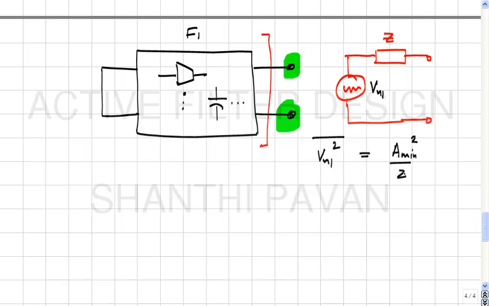Clear? Okay. Now, since F2 is a copy and paste version of F1, it follows that the A min of F2 will obviously be the same as the A min of F1. Now we are interested in what will happen when I parallel F1 and F2. So if I copy and paste this,